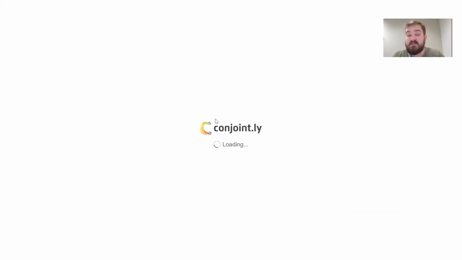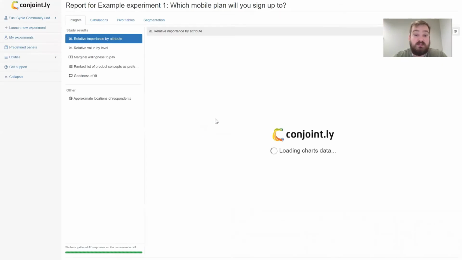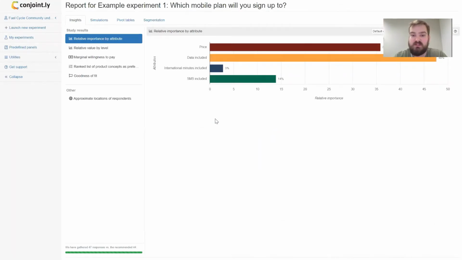As a bit of context for this experiment, this is a generic conjoint based on different mobile phone plans, to find the optimal combination of attributes for respondents to purchase different monthly phone plans. Here we see the relative importance by attribute. This shows respondents' preferences for each of the attributes broken over the different types of